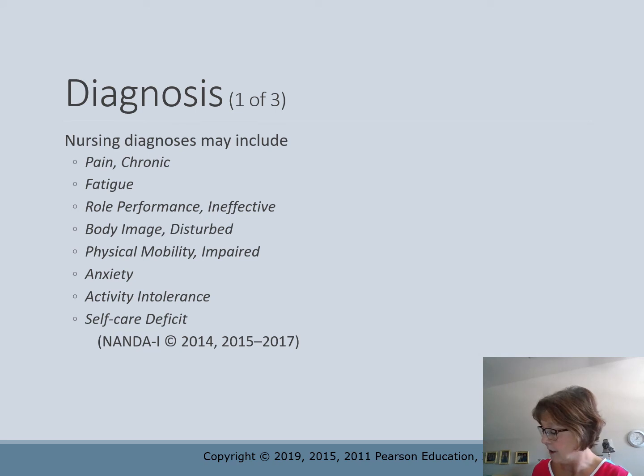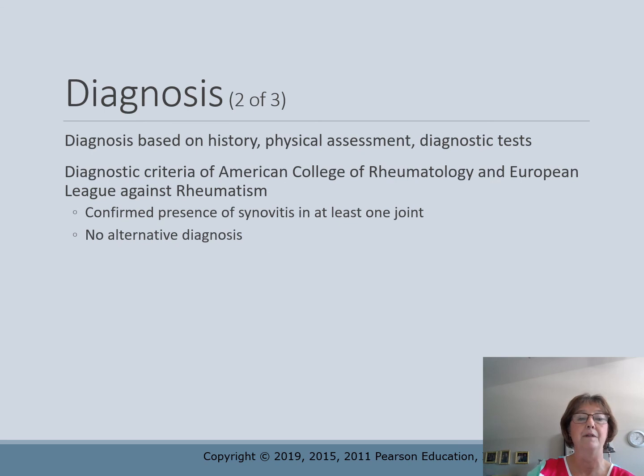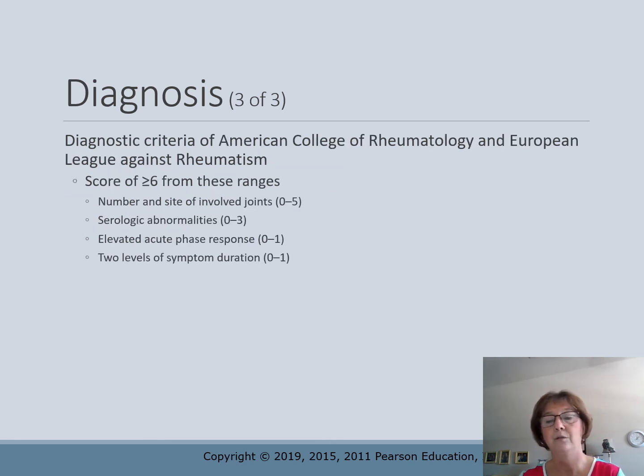Here are your nursing diagnoses: chronic pain. Instead of acute pain, it's chronic pain. Role performance, fatigue, disturbed body image, anxiety, and definitely self-care deficit. And of course, we base the diagnosis on the findings. What do we find when we do the physical assessment and do the labs? And then your diagnoses, you see